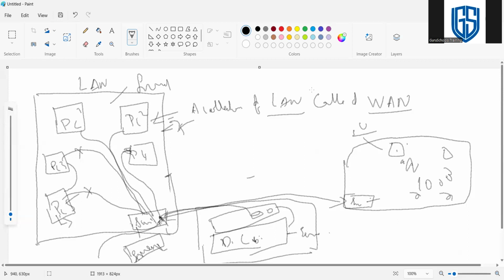So this server can manage all the machines within the premises. Got it.